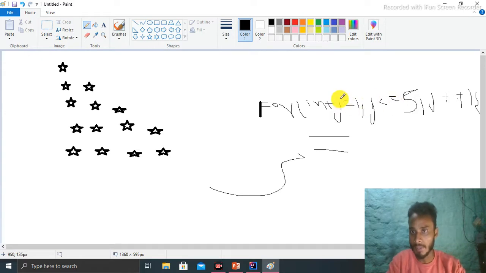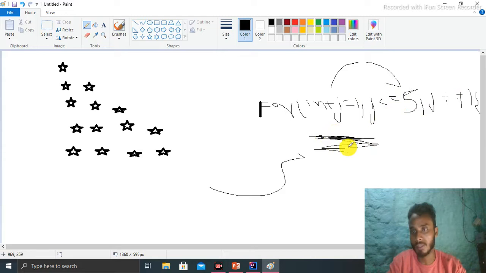Then the loop checks first: j has the value 1, and the loop goes to the condition and checks whether j is less than or equal to 5. Yes, 1 is less than or equal to 5, so the condition is true. The loop comes in and executes this statement.